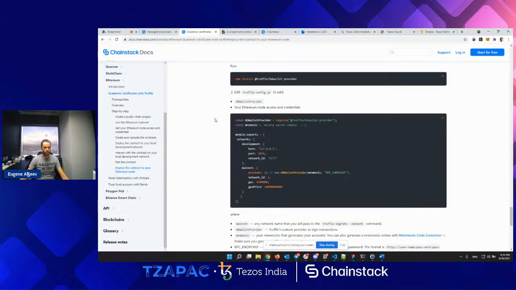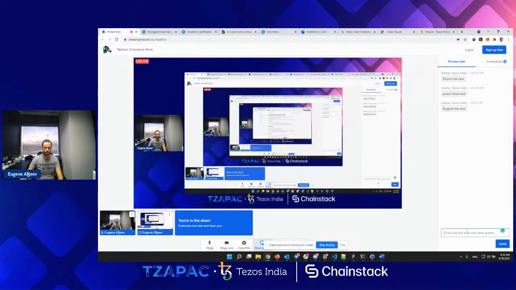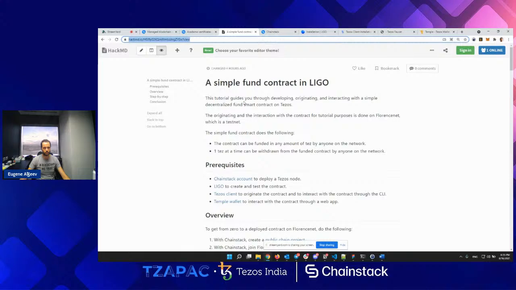So today's session, I want to do a live walkthrough through our Tezos tutorial that our brilliant team built, and I will be basically just going through it. And I've never gone through it, so it will be my first time. I just prepared some environments, some tools. We'll pass a link to you now if you're interested. So this is a real tutorial that will be published on docs.chainstack.com in a couple of days, maybe with some feedback from you if you have any once we go through it.